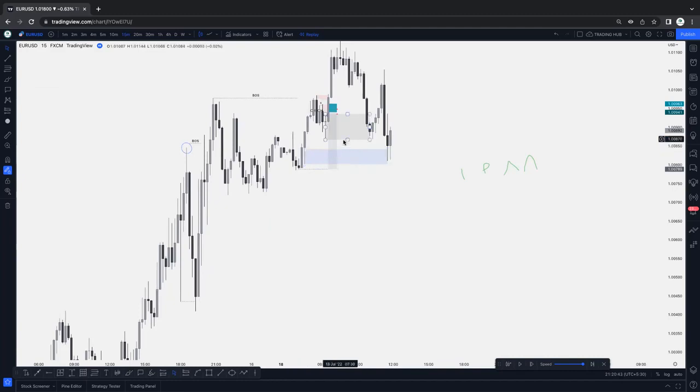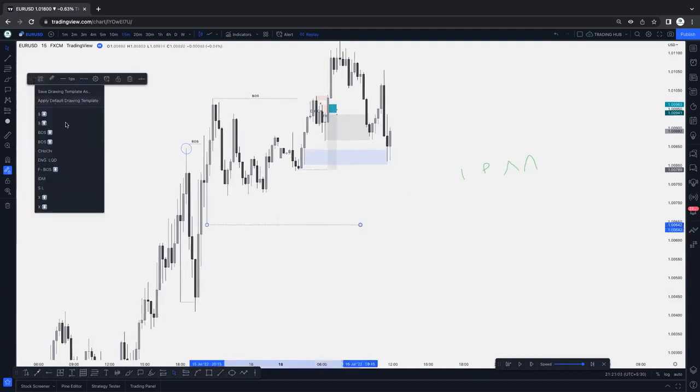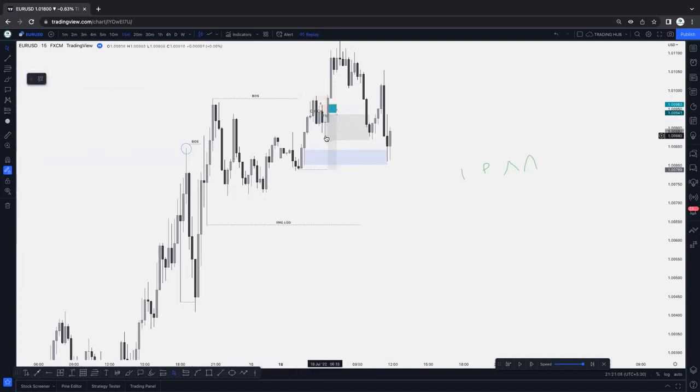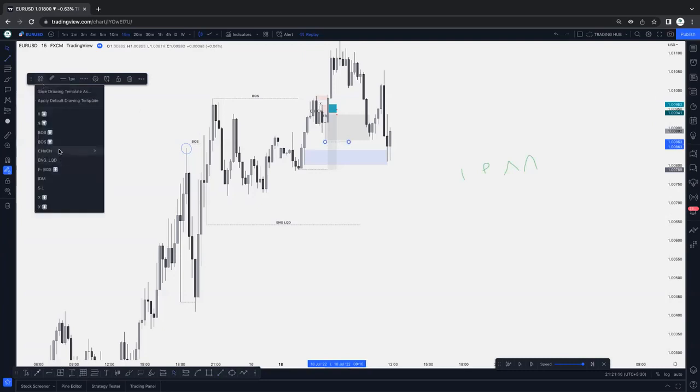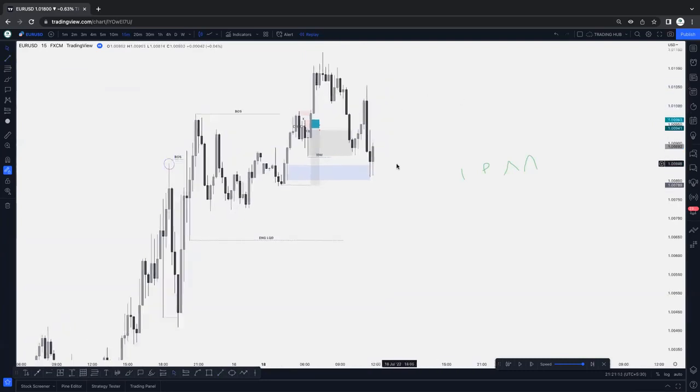Why? Because this is the first inducement. The market breaks the structure and extreme, and we can buy after the inducement and the extreme are taken out. This one is an engineering liquidity because the actual low is here. Correct. So this one is our engineering liquidity, and this one is your inducement. So we can buy here and we can buy here. These two POIs are valid for the buy.